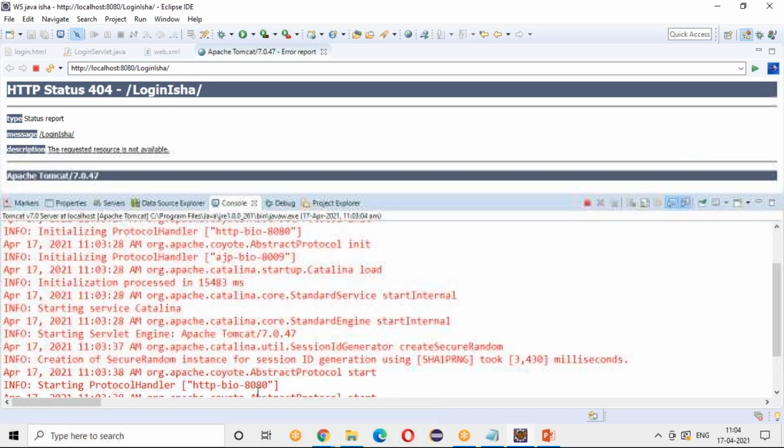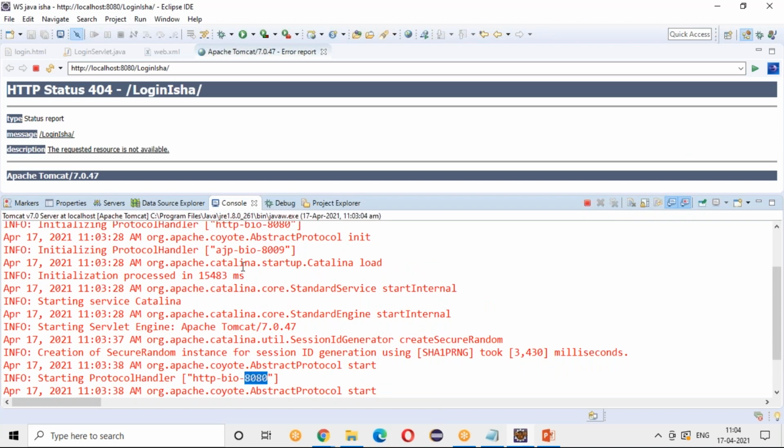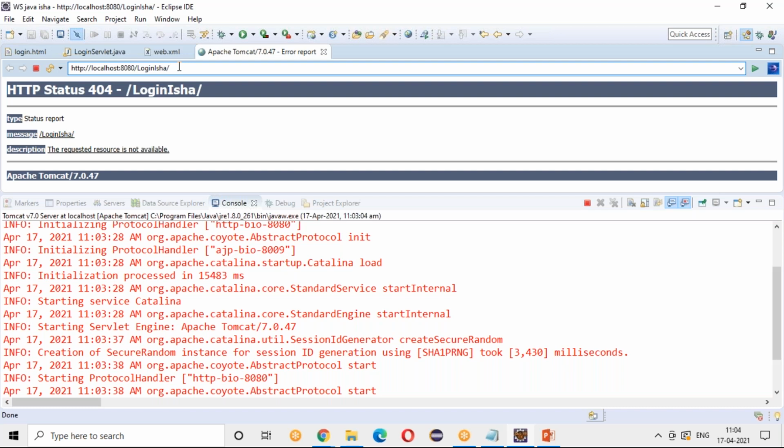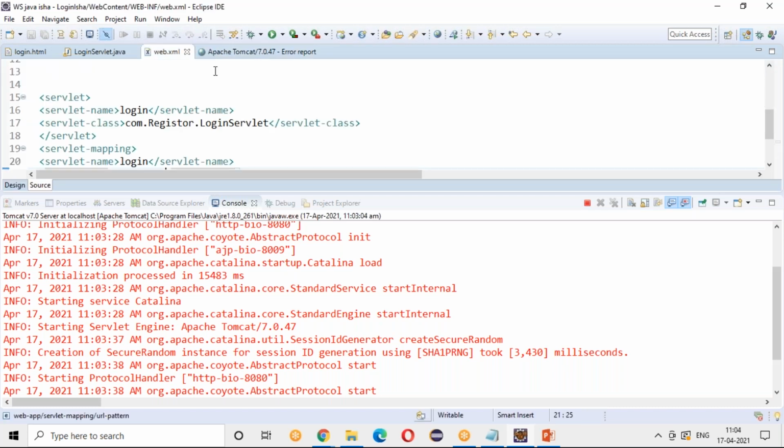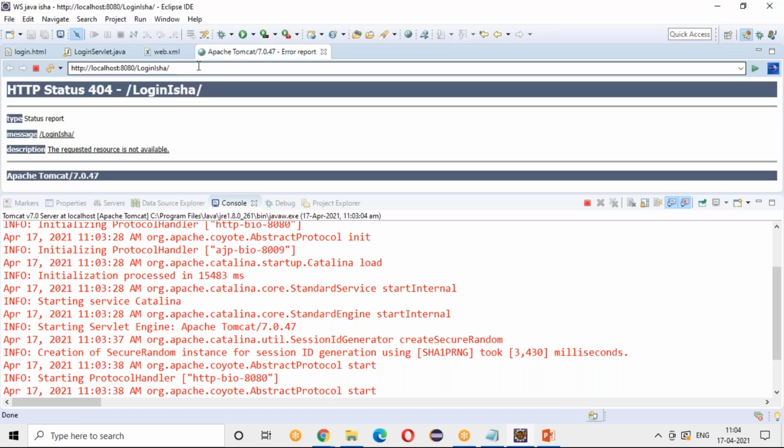See, your Tomcat has been started with the port number 8080. Why is it giving 404? Because in the welcome content I have given index.html, which is not available here. So whenever you want to see the home screen, you just press login.html. This is a default browser which your Apache has given, but you can run the same in Chrome also.